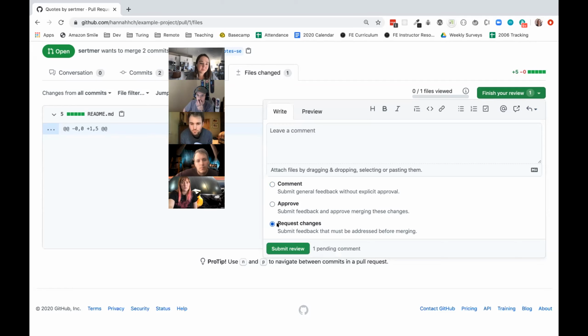Now you don't have to use this feature quite yet, because I know there's a lot of features that we're going over, but this can be really helpful, right? Maybe you're looking at your partner's code and you see something that's causing a large error. Instead of merging it in and having to deal with it later, you can prevent that from happening, because everybody makes mistakes, right? A big, big benefit to this is having two eyes on the code, right? So if I write some code that's bad and Scott approves it and says it's good to go, we're both to blame here, right? It's kind of like the second line of defense, making sure that we're pushing good, clean